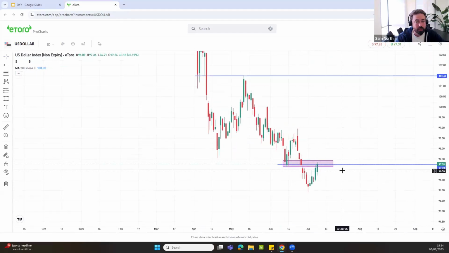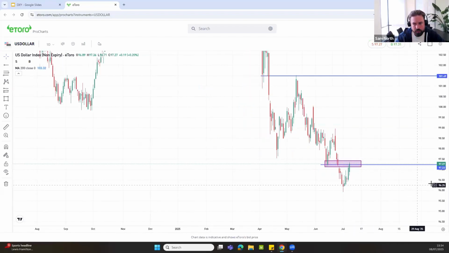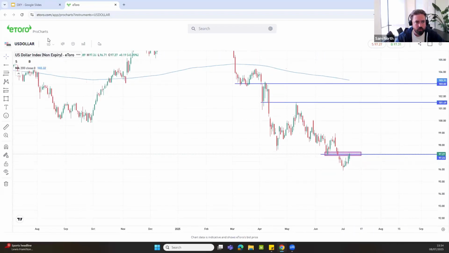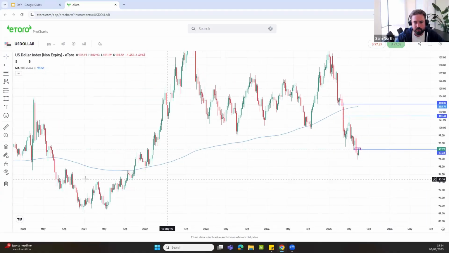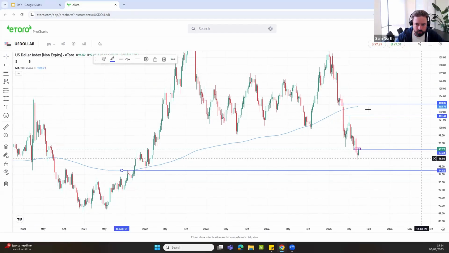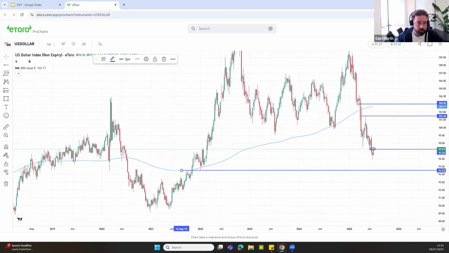If the sellers do take over, and maybe waiting for the weekly close will be important, and we do start to push a little bit lower, where could that take us? And this is the weekly chart, and you are really focusing on 94.58 as the next key zone. And what was the 200-day moving average, you can see here, it has turned to the 200-week moving average, which, just for future reference, is one that is incredibly well respected. You can see whether it be support or resistance